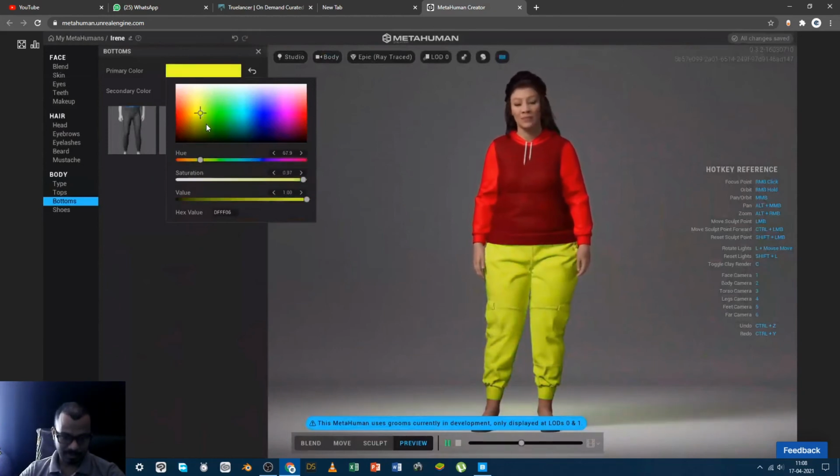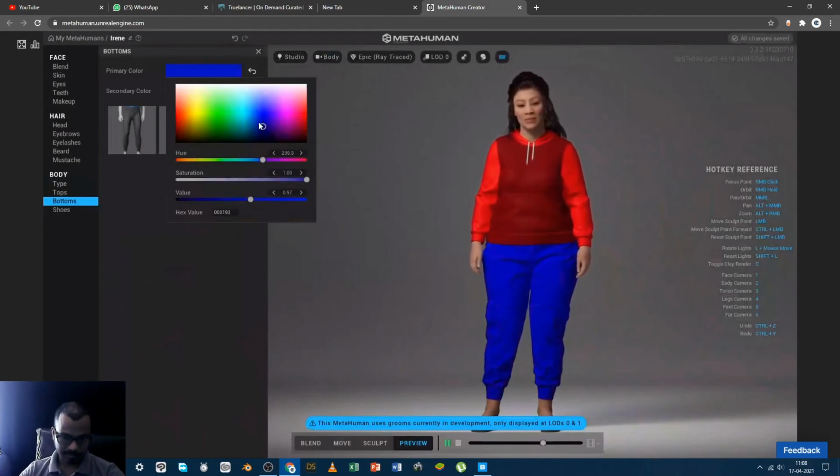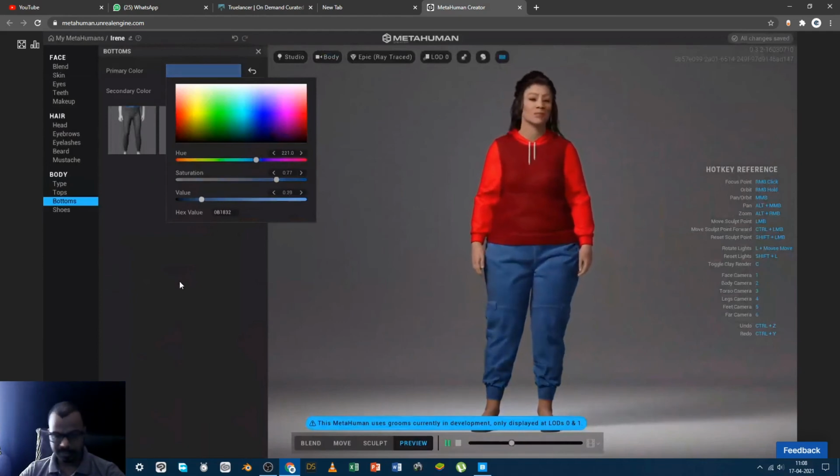In future they may add more costumes. This is just superbly awesome. Let us give a denim color. This gives a good look.